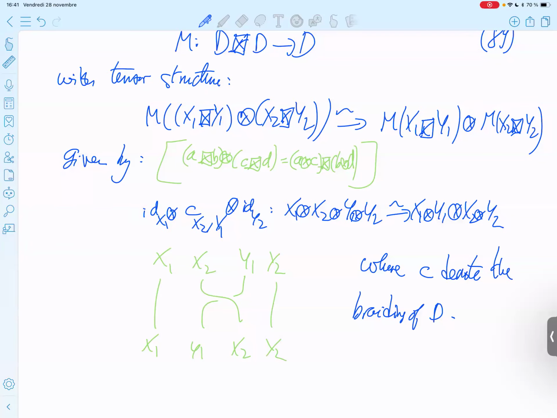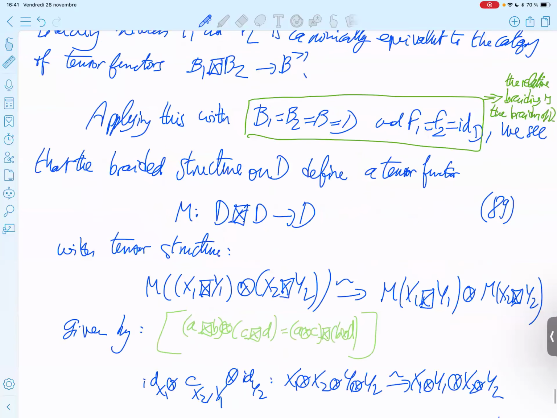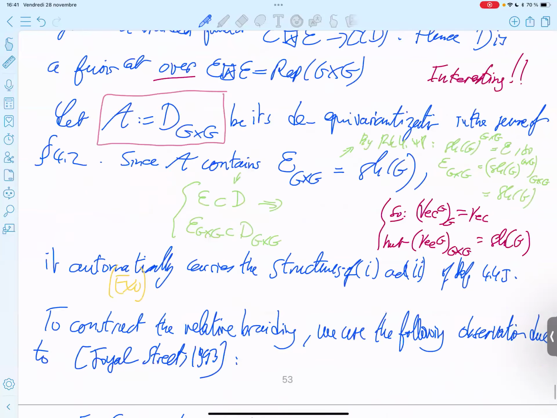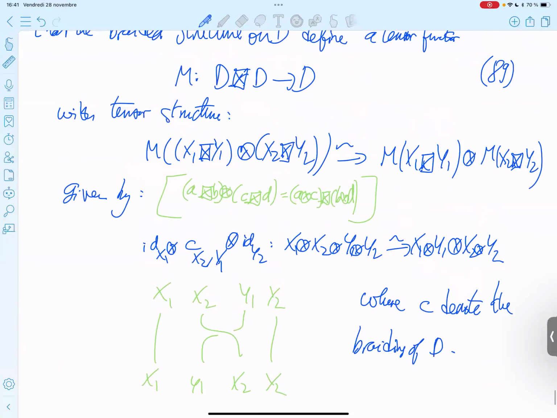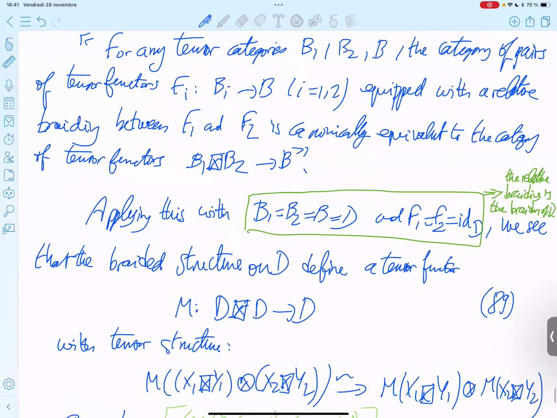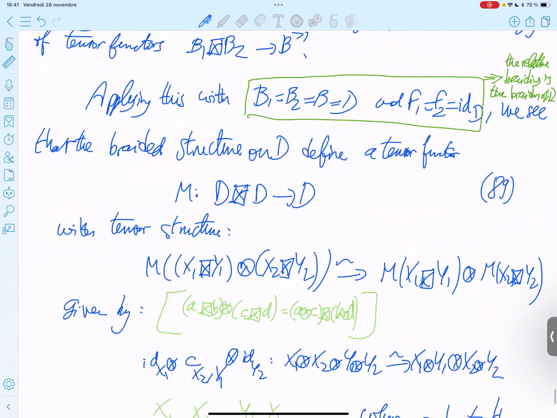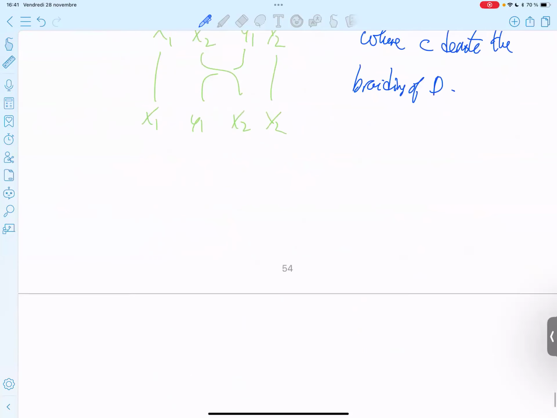So I'm really going too slowly. I only need 2 pages. Okay, so where are we? We are still in the proof. Yeah, the proof can be very long. What are we proving? Yeah, the inverse. So what do we have now? We apply Joyal-Street. So we get a tensor functor from D Deligne tensor D to D.